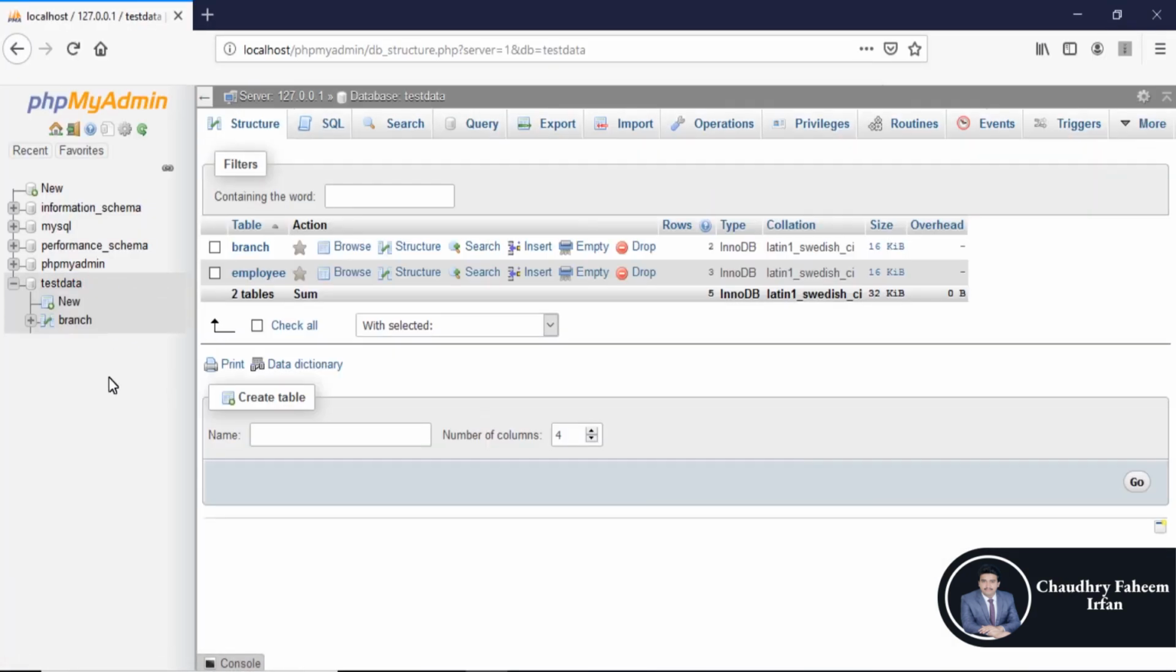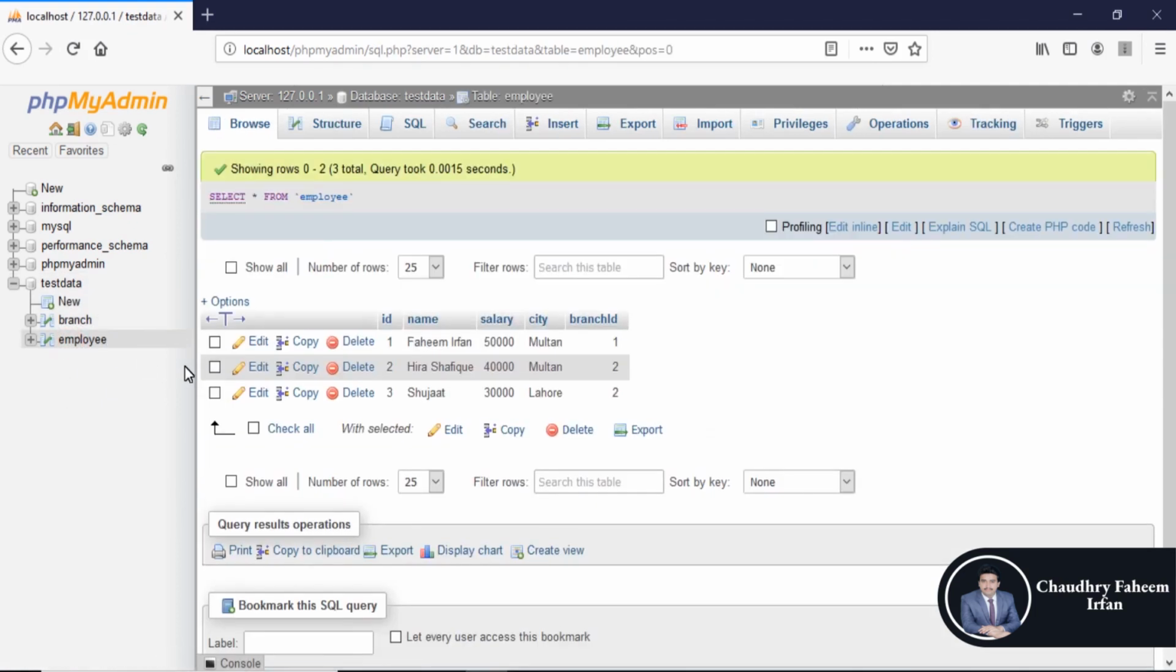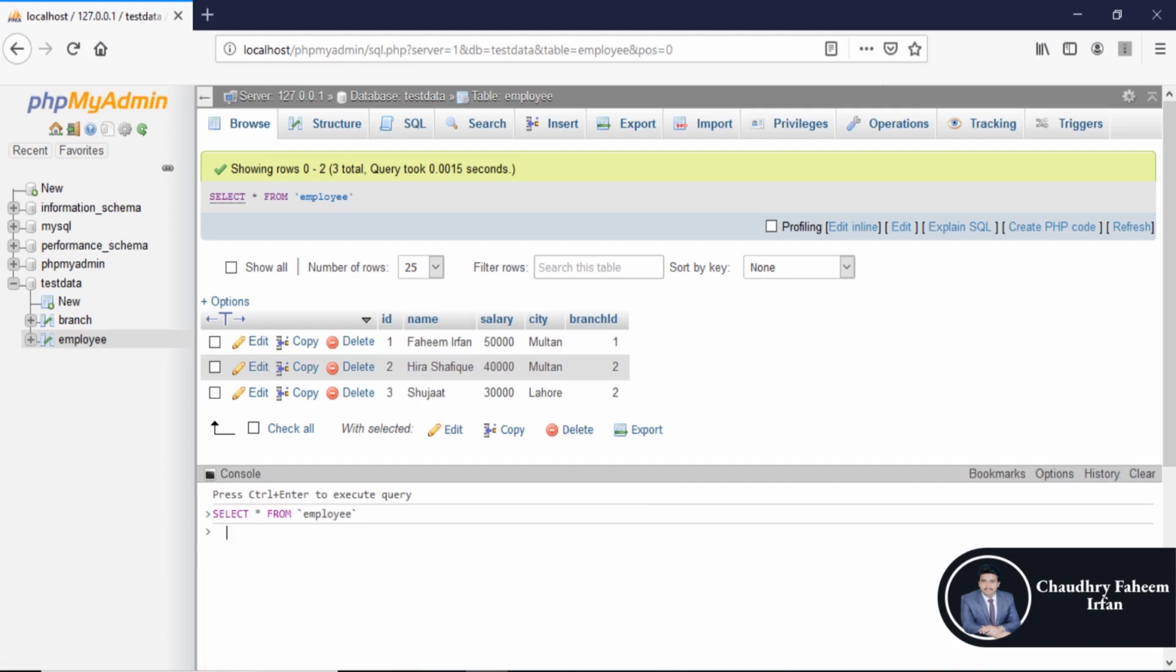Select database. Like you know that these are the two tables in our database, and here is the employee table with id, name, salary, city and branch id. According to the calculus query, we are going to select id and name because it is domain relational calculus. So by using a relational